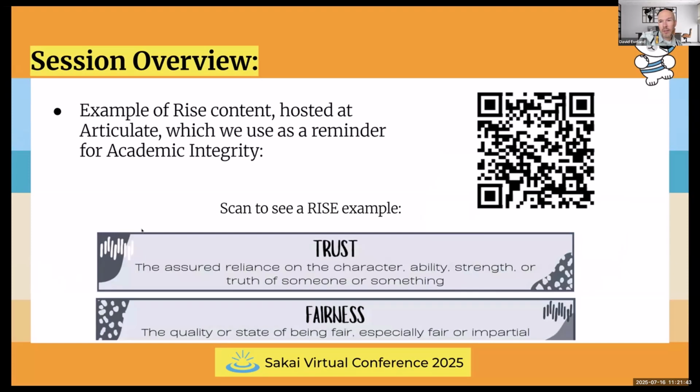This is just an example. If you want, you can scan the QR code there. This is actually one of the Rise modules that we've created that we use in a large majority of our courses to emphasize, particularly with regard to AI, when courses should be using AI, or what things students need to be concerned about with regard to academic integrity and other things. But it's just an example. We've got several other Rise modules that we've been able to integrate into other courses. And so let me go ahead and show you.